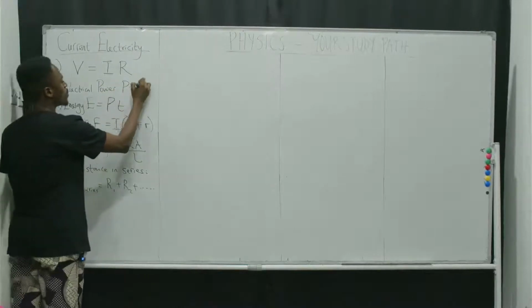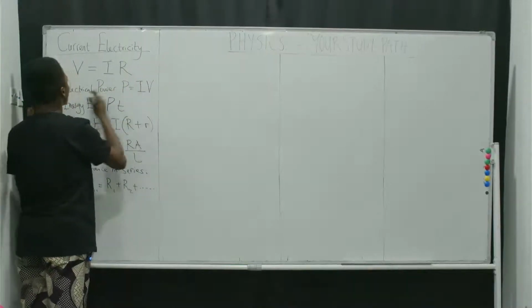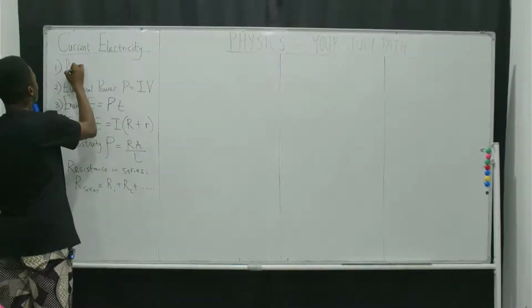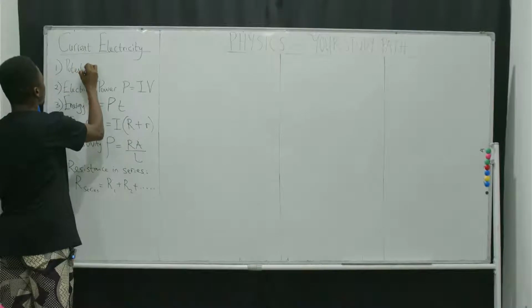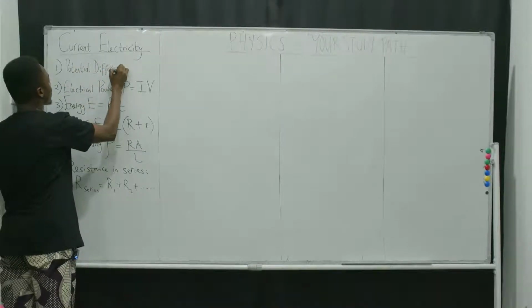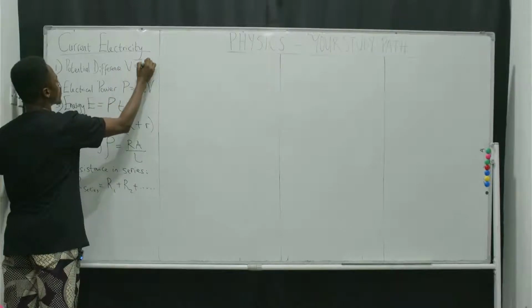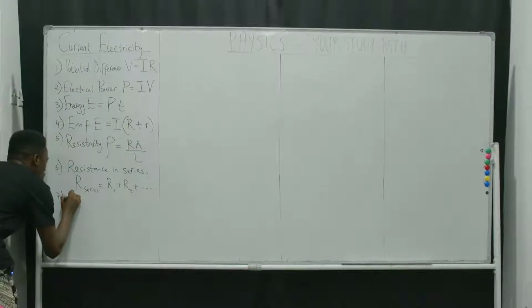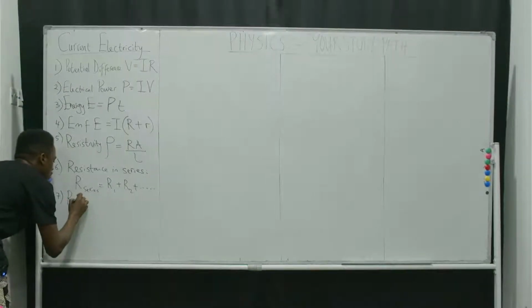P equals IV. Here, voltage or potential difference, V equals IR. So, working with this, number 7, we talk about resistance in